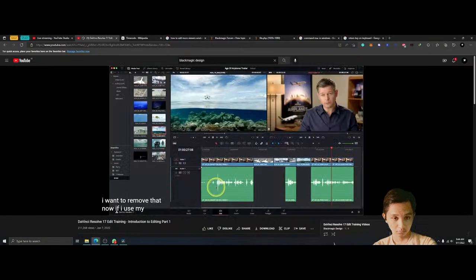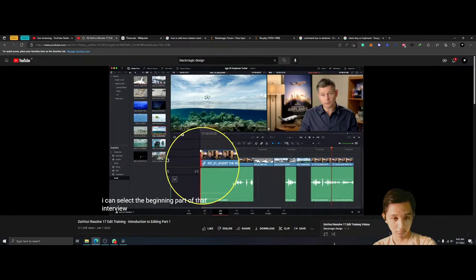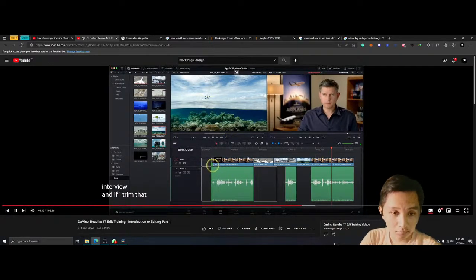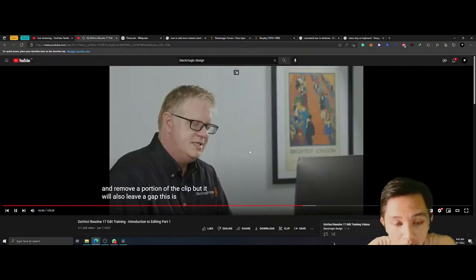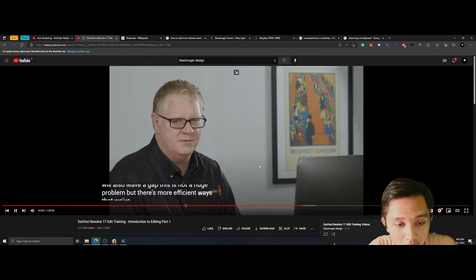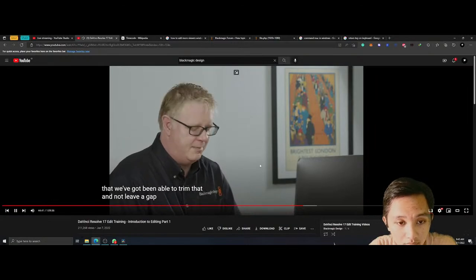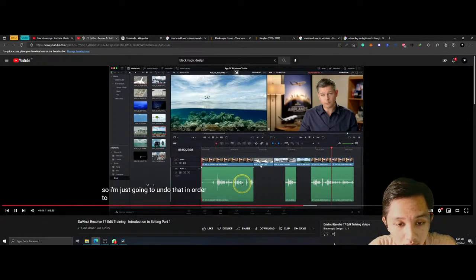Now, if I use my selection edit mode here, I can select the beginning part of that interview. And if I trim that, you can see that it will actually trim and remove a portion of the clip, but it will also leave a gap. This is not a huge problem, but there's more efficient ways that we've got to trim that and not leave a gap. So I'm just going to undo that